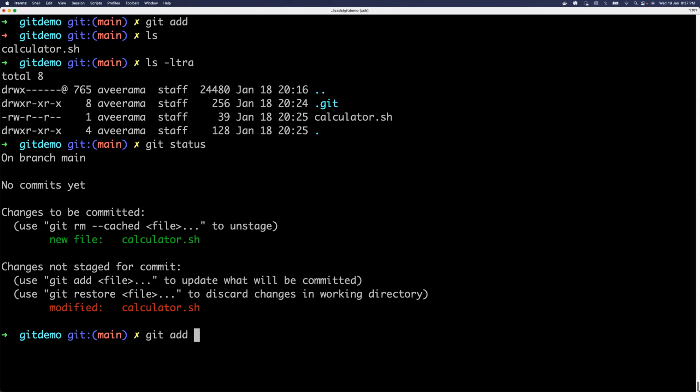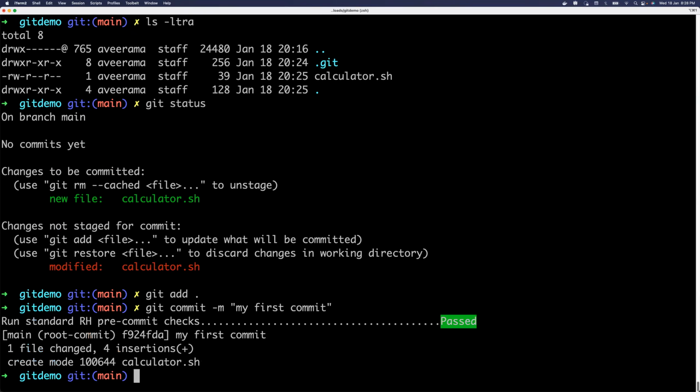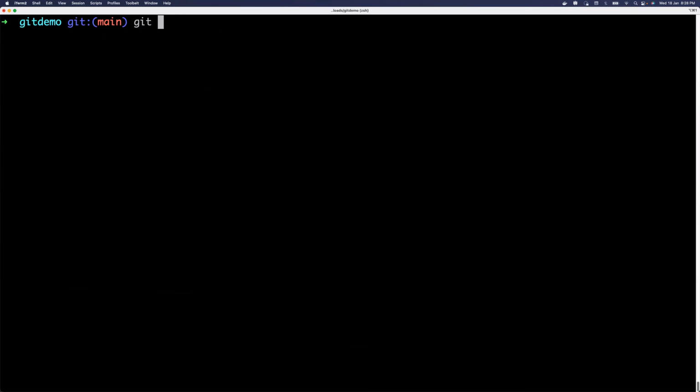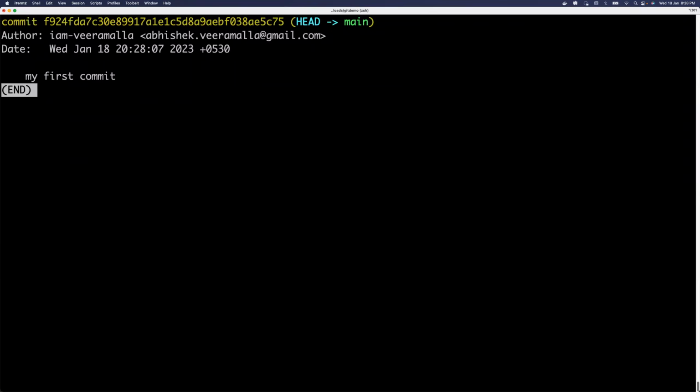So once you do git add, the next thing that you have to do is git commit, followed by the message that you want to provide. Now, why do you have to do it? One of the primary functionalities of git is version controlling, or having a proper mechanism of tracking things. So for example, if I say this is my first commit,